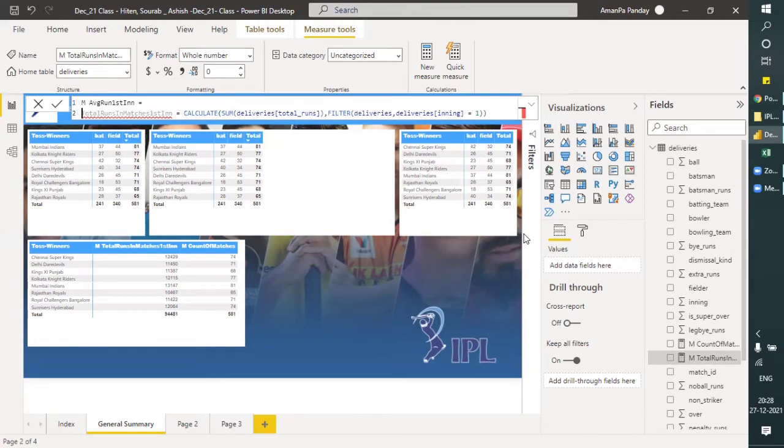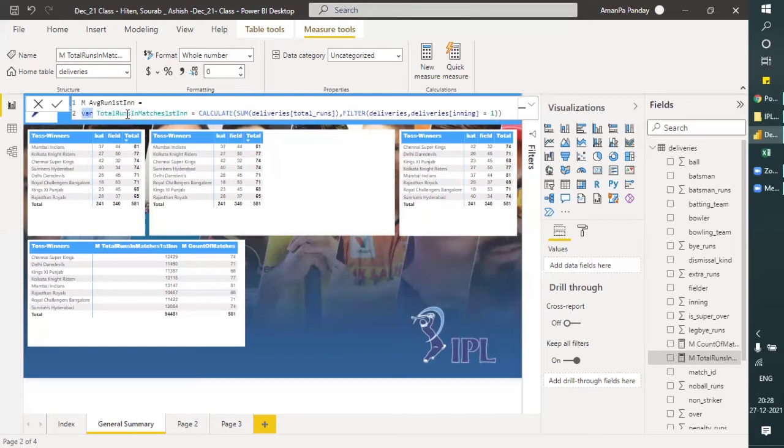So now we are creating a new DAX. DAX within a DAX. Here this expression we will store in a variable. How we will do that, we'll just add a var. What this var will do is make this total runs in matches first innings a variable.